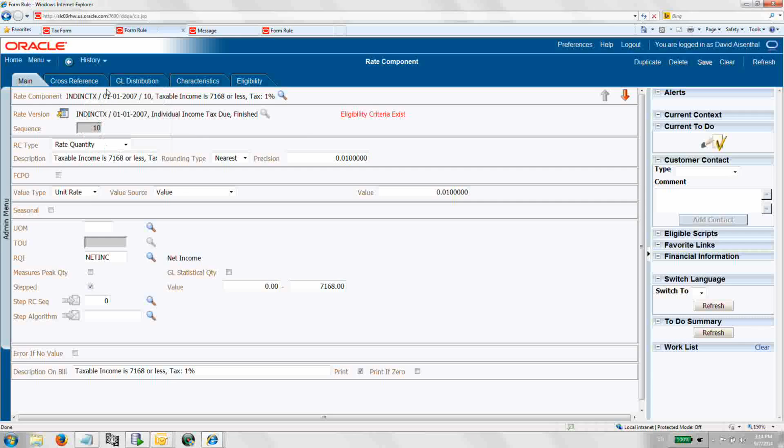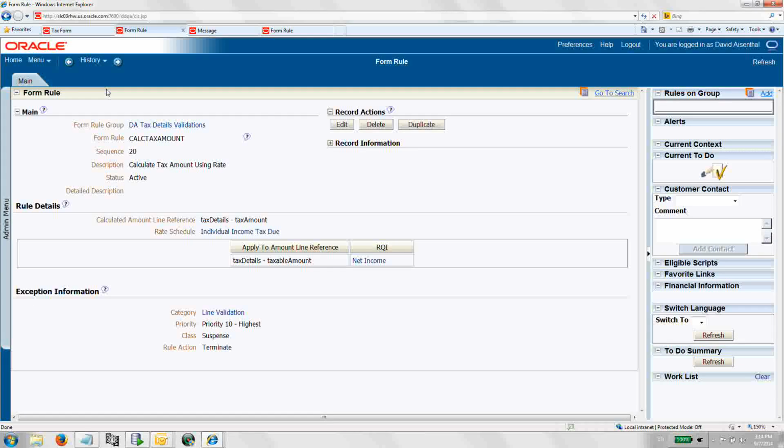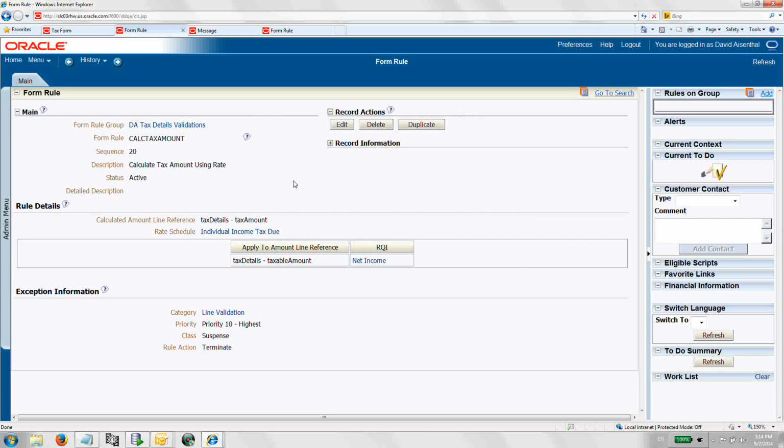Let me go back to the form rule. So this form rule picks up the information from the taxable amount and puts the right value of the tax amount into the line tax amount, which I defined there. So that is the second form rule. Again, remember, more information here, and you can look at the detail of how this works if you want to. Now, let's move on to the other form rule, the form rule which actually calculated the assessment. So if I go back to the form type,